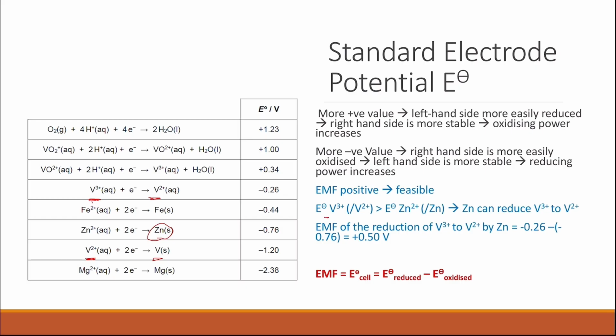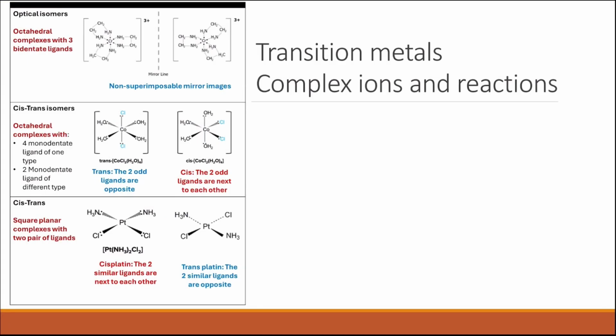Remember how to answer this by using the standard electrode potential. So the standard electrode potential for the vanadium 3 plus to vanadium 2 plus is bigger than the standard electrode potential for zinc 2 plus to zinc, which means zinc can reduce the vanadium. But the standard electrode potential for vanadium 2 plus to vanadium is actually